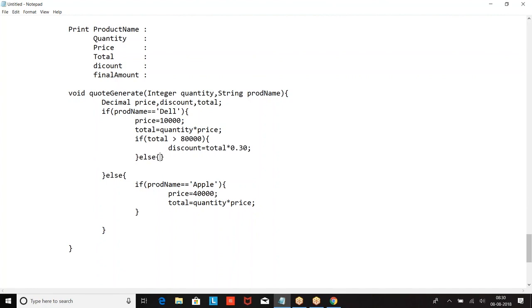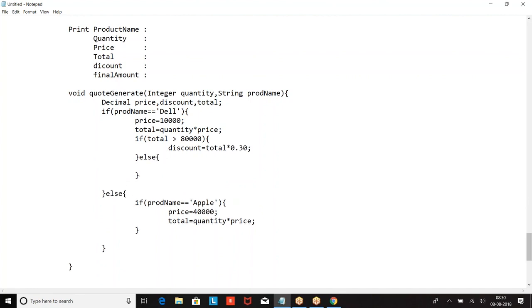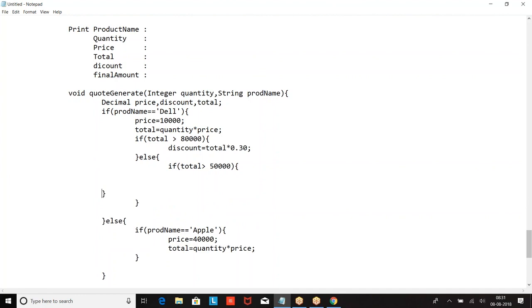Else, if it is not above 80, it can be above 60, above 70, above 50. So I am giving if total above 50, then I am giving discount equal to total into